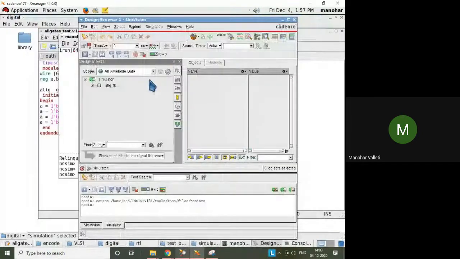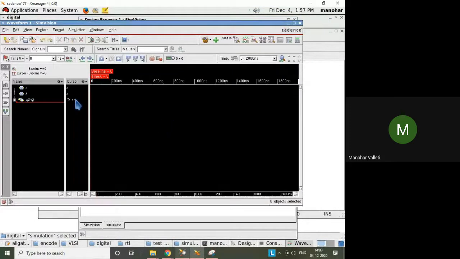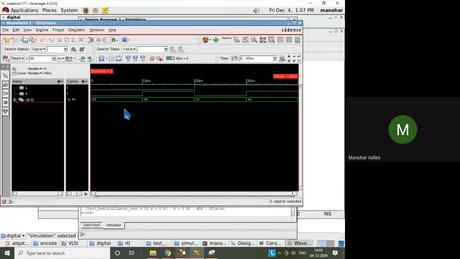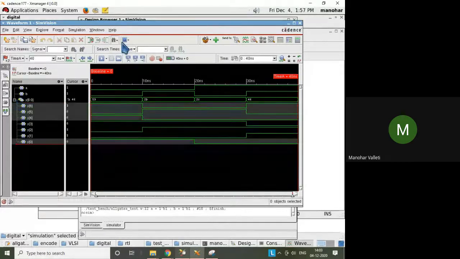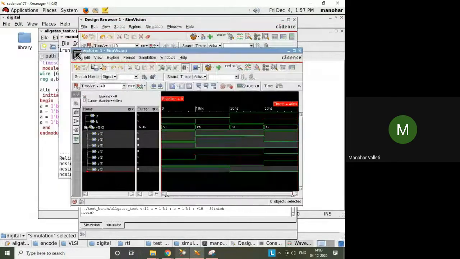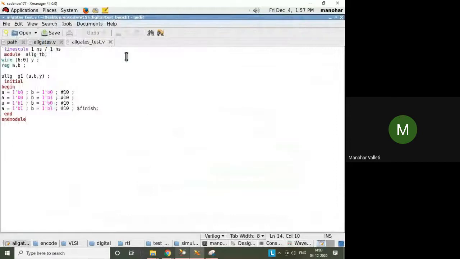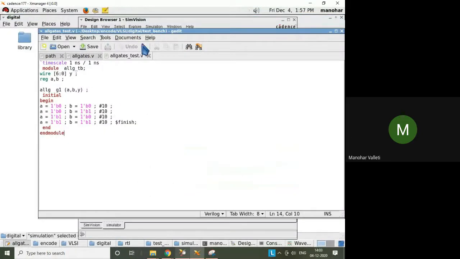I don't want this window, I'm closing this. So if I run, I'll get the waveforms. To test this, I want the code.